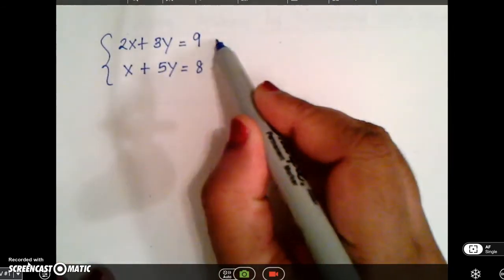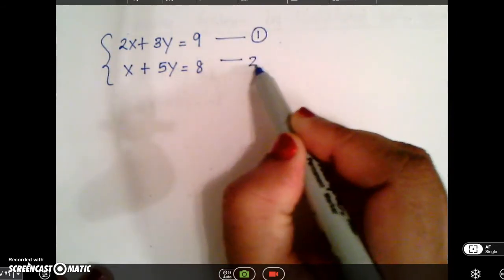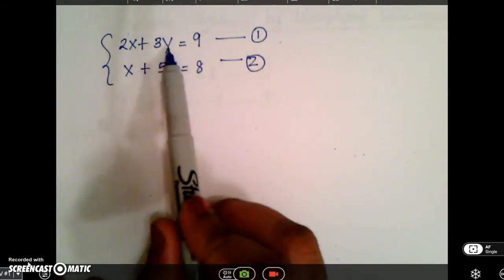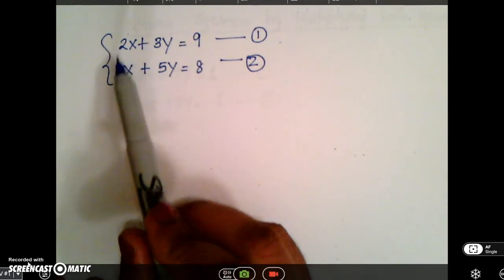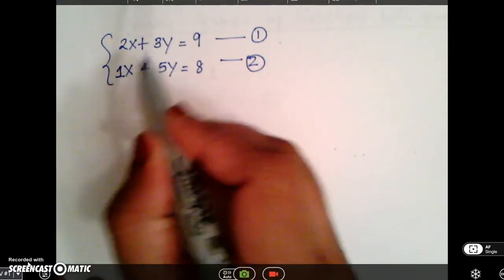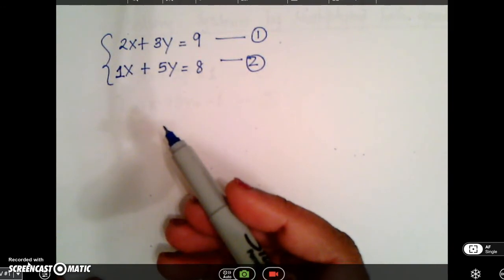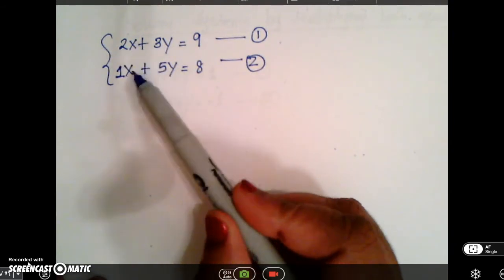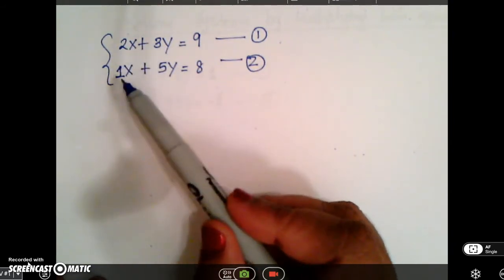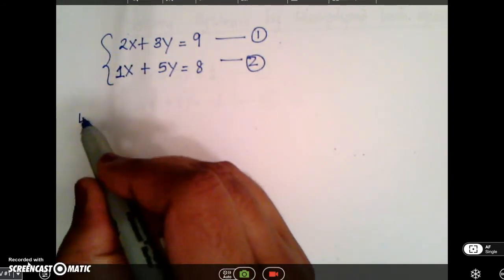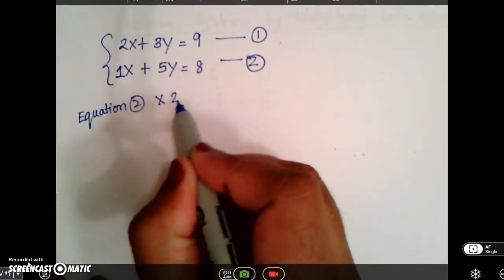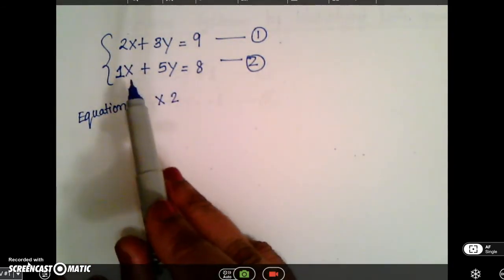Say I have these two equations now. So I want to solve by elimination. I have equation number 1 and equation number 2. When I look closely, the coefficients of the variables x and y are totally different. I cannot just add them or subtract them and then eliminate one of the variables. But when I look closely, the variable x looks promising because that's a 2 and that's a 1. So if I multiply equation 2